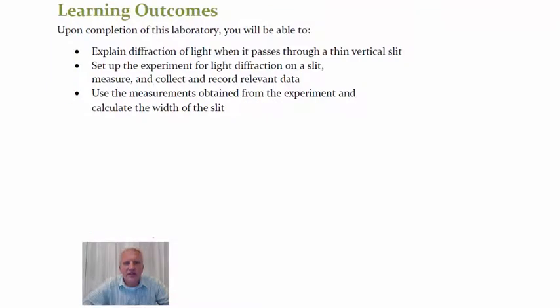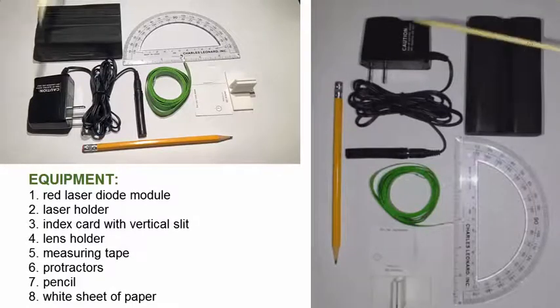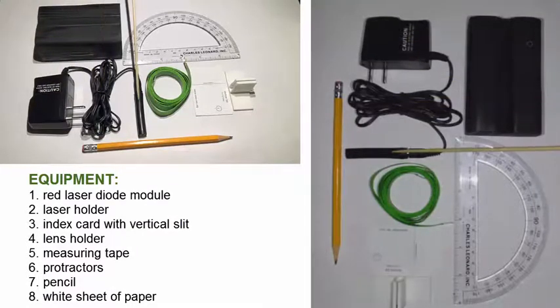So as a goal for this lab, we are going to continue discussing the theory of diffraction as well as setting up an experiment in which we are going to observe the diffraction pattern created by the vertical slit. We are going to perform the measurements as well as the calculations in which we calculate the distance between the two neighboring maxima in the diffraction pattern and then also compare our measurement to the theory. In this lab we are going to use the following equipment: a red laser diode module,